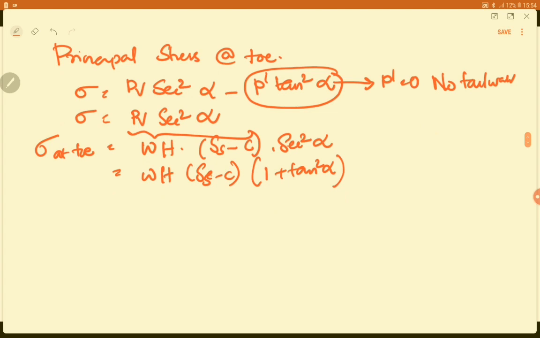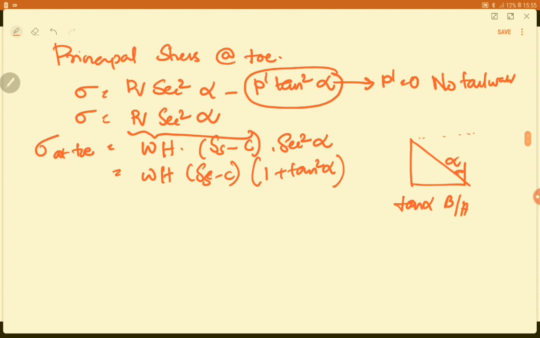You have the figure. In the figure, you can see the angle alpha. Tan alpha will be equal to B by H. Here you have the diagram. This angle that the downstream side makes with the vertical is alpha. So, in this case, tan alpha will be equal to B by H. Now, what is tan square alpha? 1 plus B square by H square.